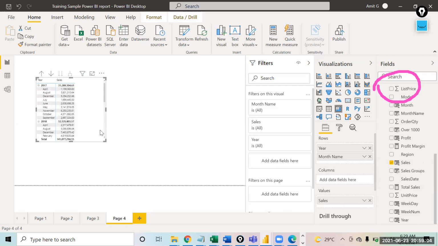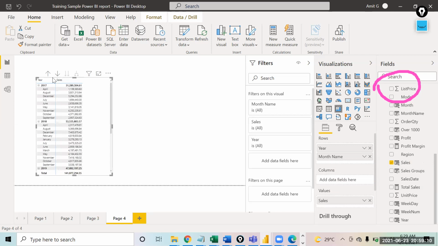I can expand it. Okay. See, now what I want to compare is the current month sales with the previous month sales. So let us make a new measure for that. All of you please click on the new measure.